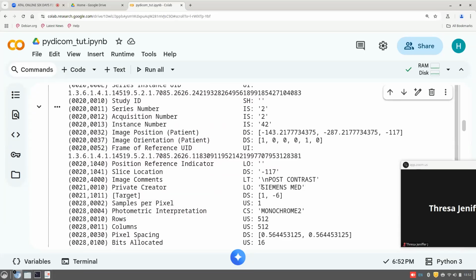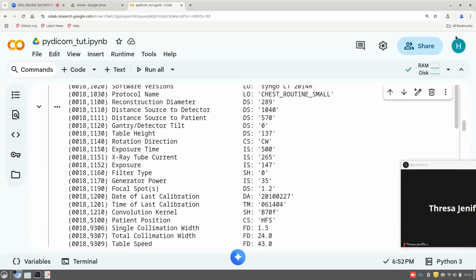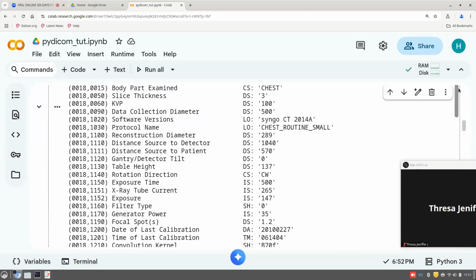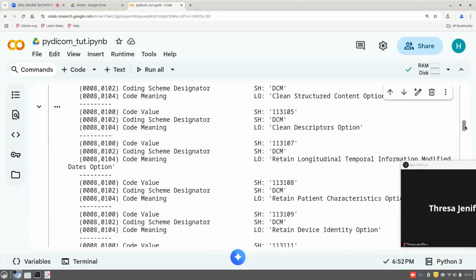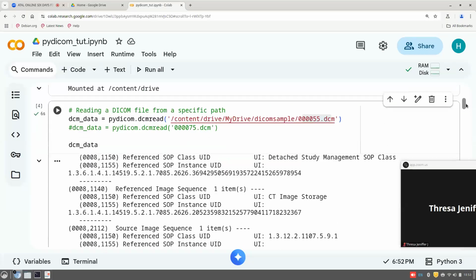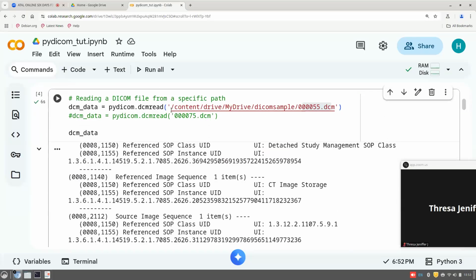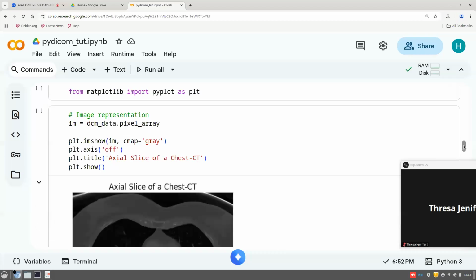So this was taken by using a Siemens machine. All the information related to the image will be stored in this dcm_data variable in the form of tag value pairs,